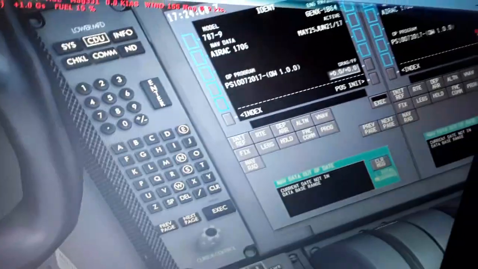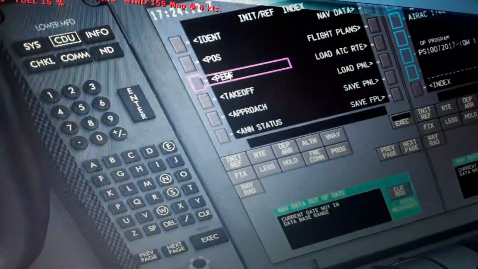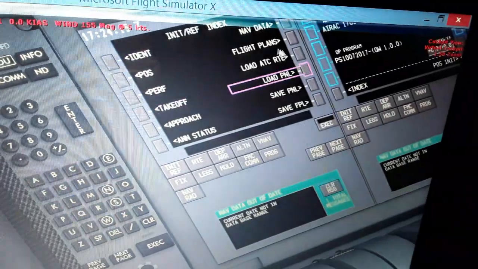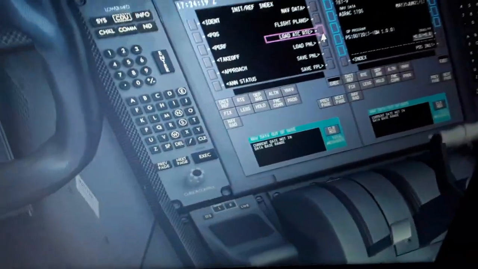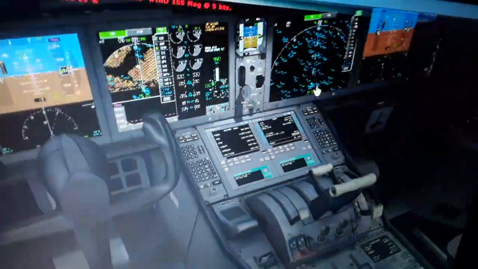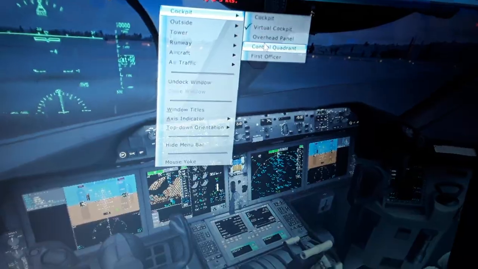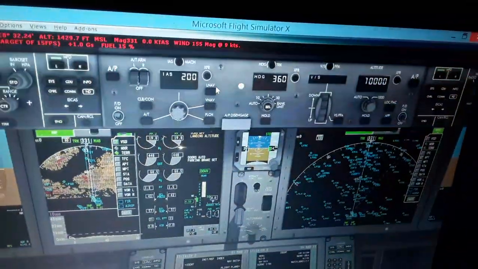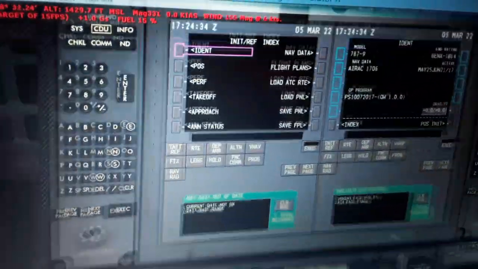So we're gonna make it very quickly. You can see the index over here: identity, position, performance, takeoff, flight plans. We need to use flight plans, also the mouse pad here. So we have here the control quadrant. Very quickly you can see the view here. So we go here, identity,